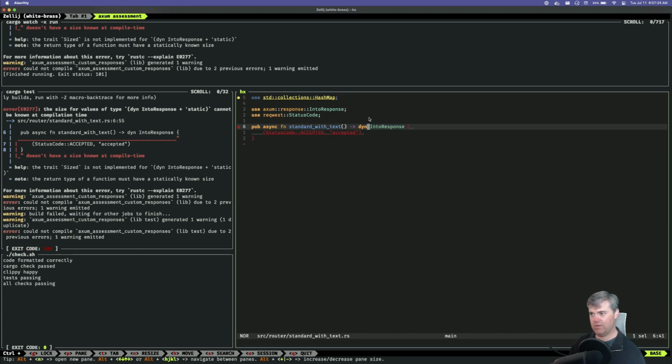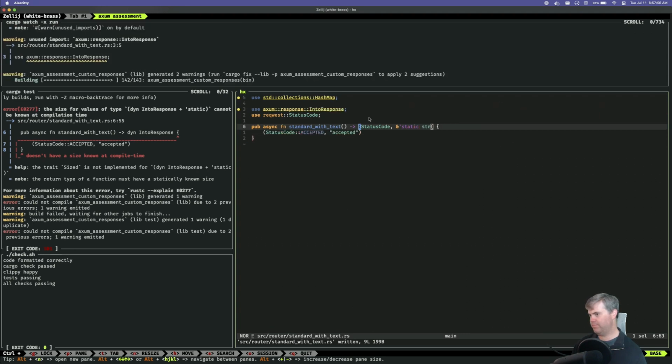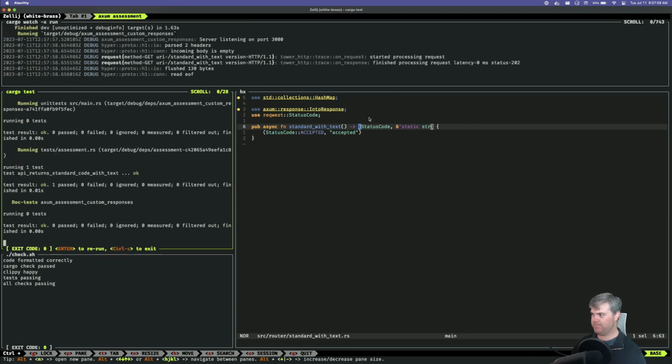Okay, so if I then return, this is going to be a status code, then a static str. I mean, that works. Okay, so that passes that test. I guess that works. Yeah.